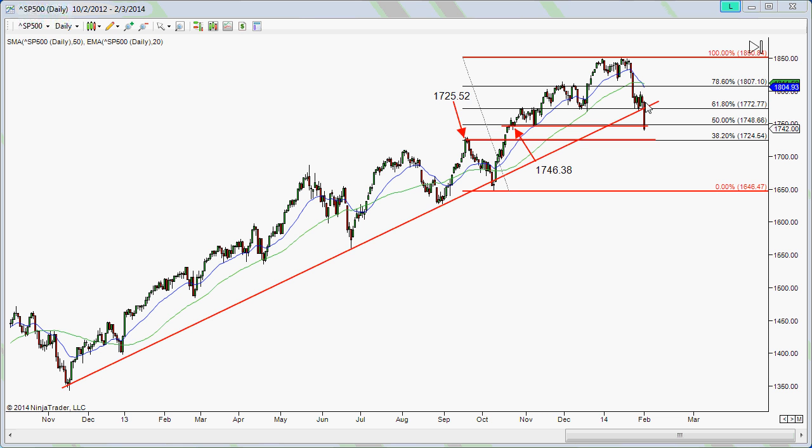And recall this weekend I put up a video where we were talking about this particular trend line. We were looking at the possibility of getting a bounce off this trend line and possibly getting back up to this pivot level, somewhere near the 78.6 Fibonacci retracement, near this 1805, 1807 level. We were looking at the 1772. Right now, today, we saw this